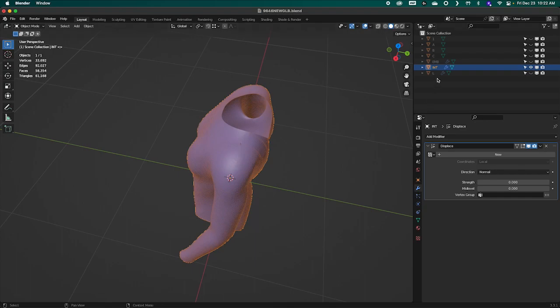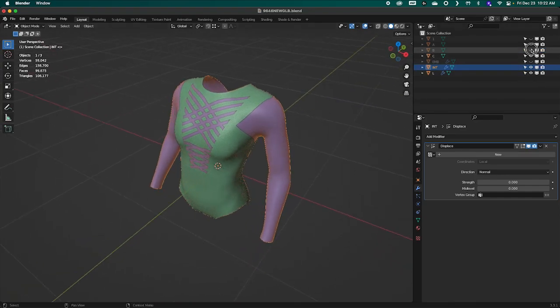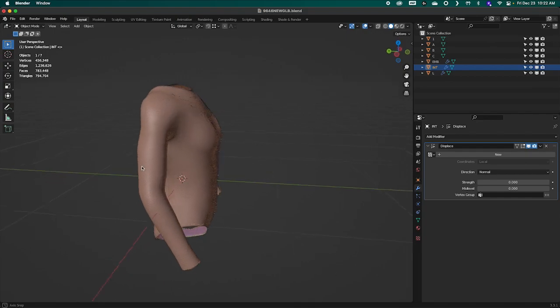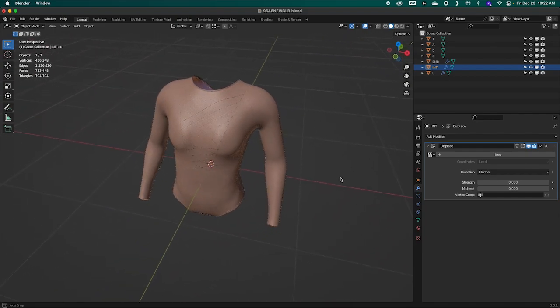Again, something we'll go over when we get ready to make that. And as I turn everything back on here, there's one more layer I want to show you, and that is this embroidery layer, and it's literally just a coating that goes over top. It's just displaced a little bit, and the embellishments go on here, and that way they magically look like they're on top of the actual leotard, but they don't have to use